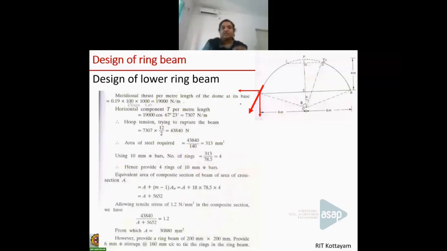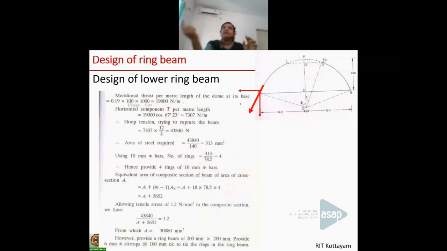That force value divided by the stress will give the area of the steel required. And here what we'll be providing is the circular rings like this, right? So we have to actually calculate the number of rings to take care of this bar. So what you have designed in the beam was the flexural reinforcement like this, right? The straight bars. Here, instead of that, it is the circular one.